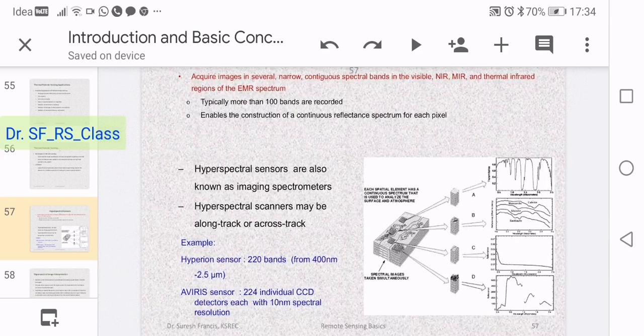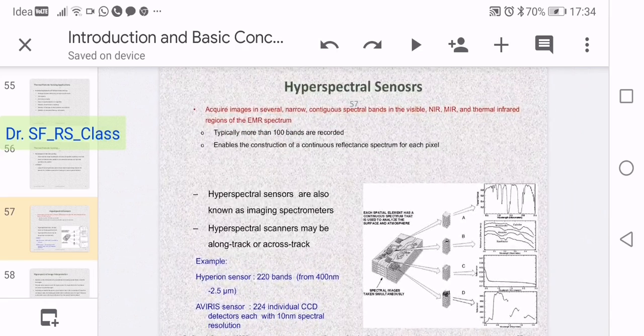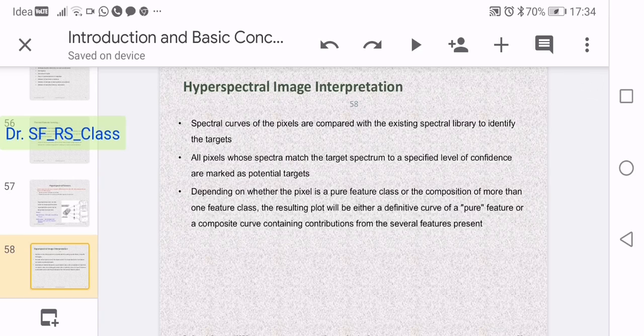This curve matching technique can be utilized in hyperspectral remote sensing, and we will be able to identify objects, minerals, different types of rock, different types of vegetation, and different vegetation characteristics. All these things can be identified because, since we use very narrow bands, very subtle characteristic changes can be analyzed and identified with the help of hyperspectral remote sensing methods.